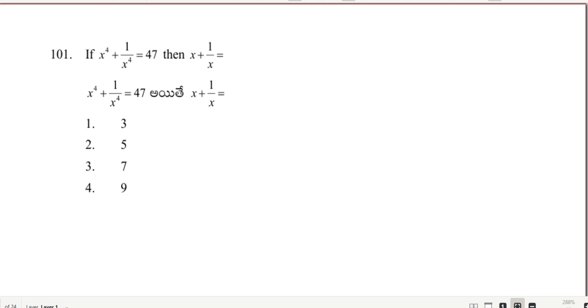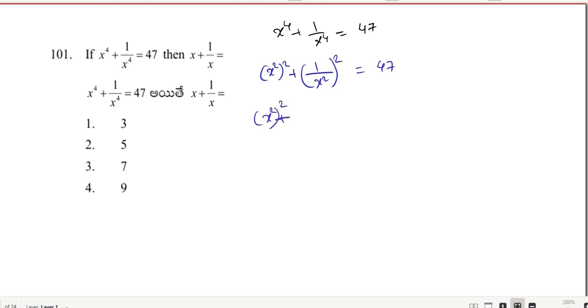If x to the power of 4 plus 1 by x to the power of 4 is equal to 47, then we are asked to find out x plus 1 by x. Okay, so x to the power of 4 plus 1 by x to the power of 4 is equal to 47 given. So this can be written as (x square) whole square plus (1 by x square) whole square is equal to 47. What I'm going to do, I'm going to add 2 on both sides. So (x square) whole square plus (1 by x square) whole square plus 2 is equal to 47 plus 2,